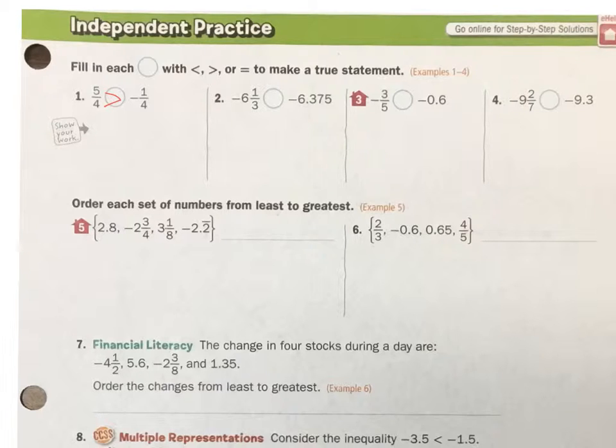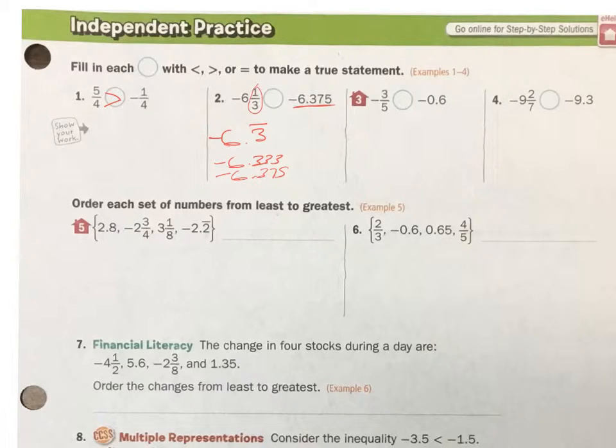This one, I have negative and negative. -6 and -6, they're the same, but I've got to figure out what this is. I'm going to make that into a decimal. So I'm going to go 1 divided by 3, and this is going to get me -6.3 that repeats. So I know that it's -6.333, and it goes on forever. I'll do 3 of these because I want to get it similar to this one. And if I'm looking at -6.375,